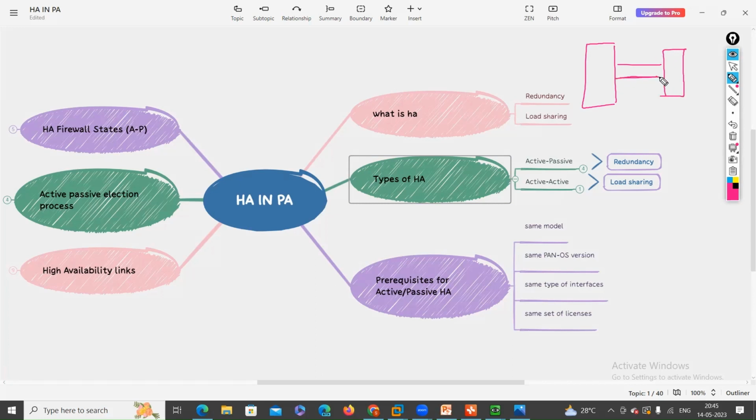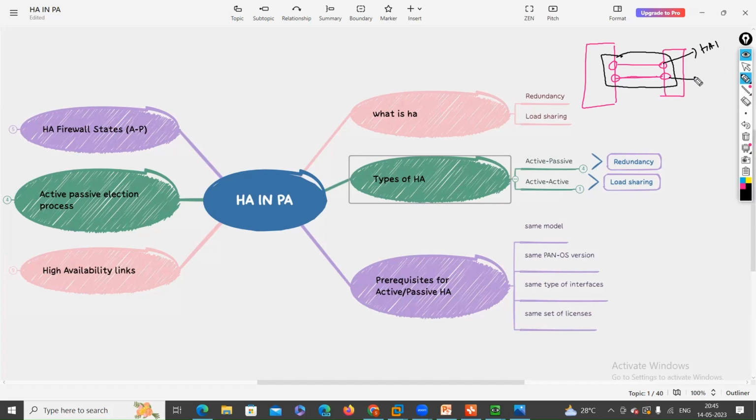You have to provide a minimum pair of interfaces to achieve the high availability. That pair is called the HA pair interfaces, and the interface names are HA1, HA2. Without any one of the interfaces, you will not be able to achieve the high availability in